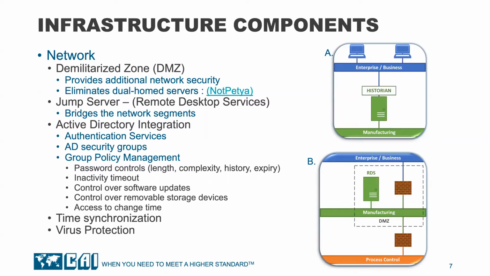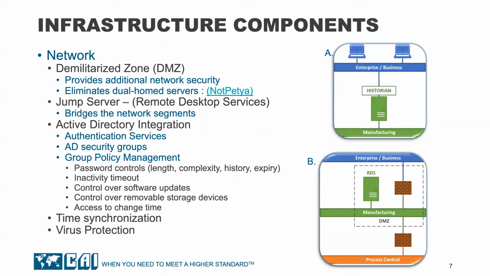This is an incredibly risky practice from a security perspective, and it is very prevalent. Dual homing a server provides a bridge that can allow viruses and malware to jump across networks. Several pharma companies were hit hard by the NotPetya malware. It is estimated that this malware cost Merck $1.3 billion in losses. Aside from the business systems, this malware crippled Merck laboratory and process control systems as well.